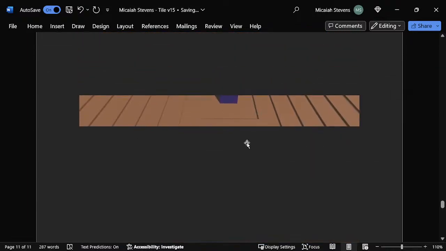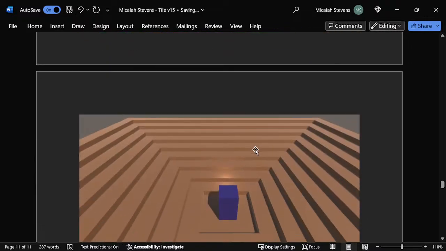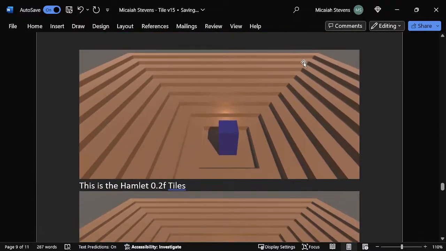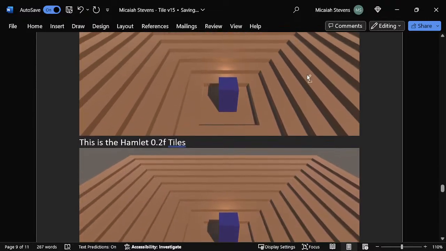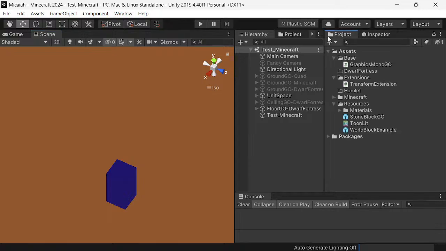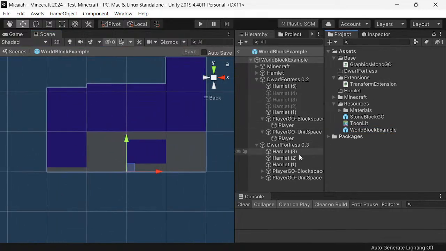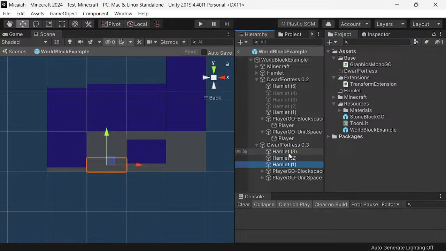It really probably should be way up here, I guess. So it does look quite a bit different, but I'm not sure why it doesn't look that much different than a 0.3 example. I'm going to do the world example. I think we do actually have this world example that we built here, the Dwarf Fortress example, and then this unit space. Well, this actually would be,